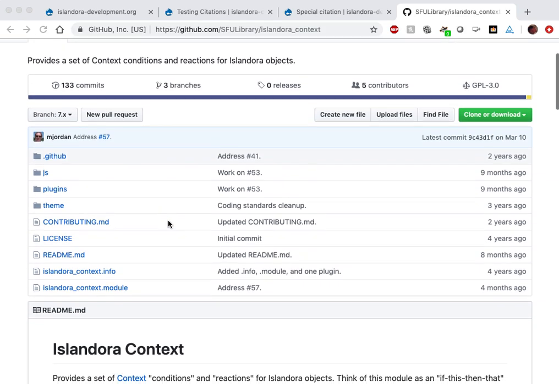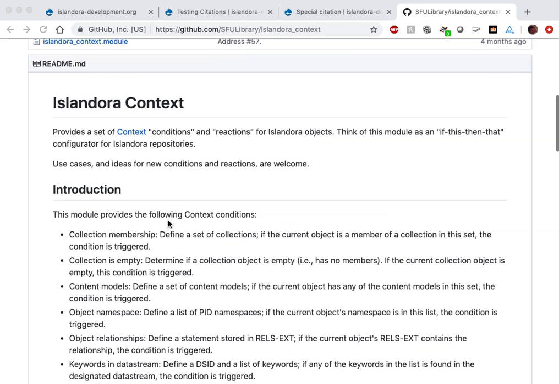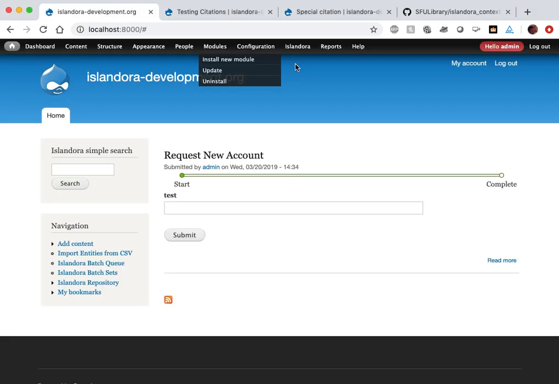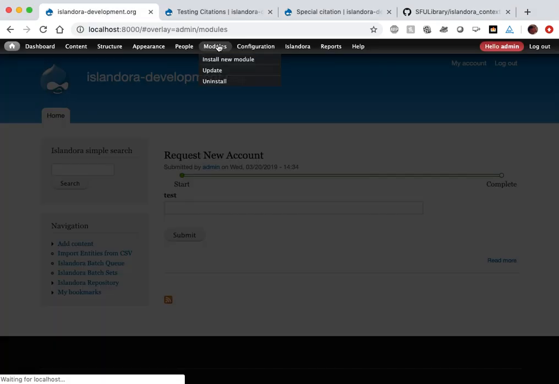Islandora Context extends the Drupal context module to recognize Islandora-specific contexts and actions. Basically, it lets you control how objects are displayed based on certain contextual criteria. You can enable it at the Modules menu,